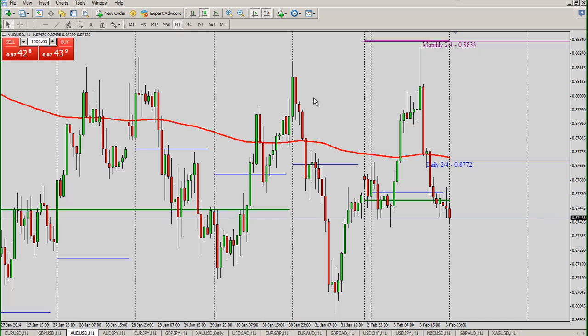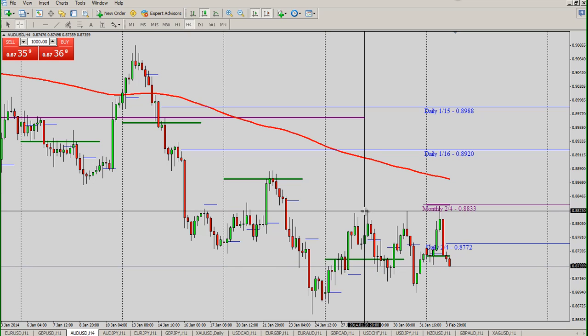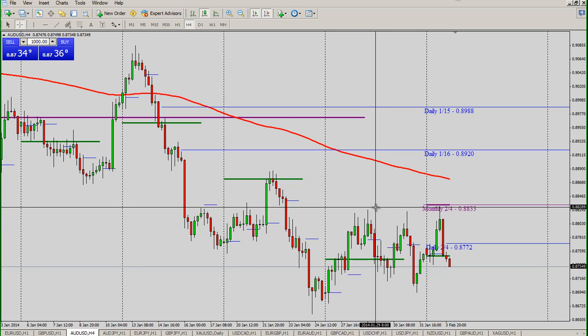Okay, the Aussie dollar has been all over the map. This thing is just everywhere. The 1-hour chart, you can see the 4-hour chart's kind of crazy. Last week had some movement. Excuse me, the week before had some movement, a spike up and down. Last week was just super choppy. This week it's been kind of choppy, and you can see we're kind of getting this little topping out here